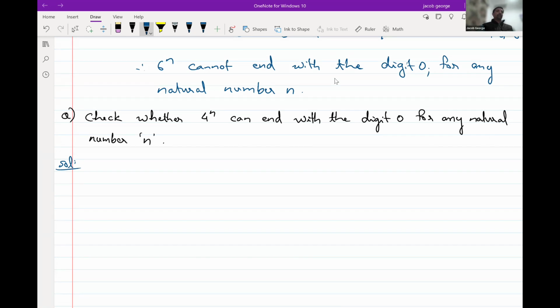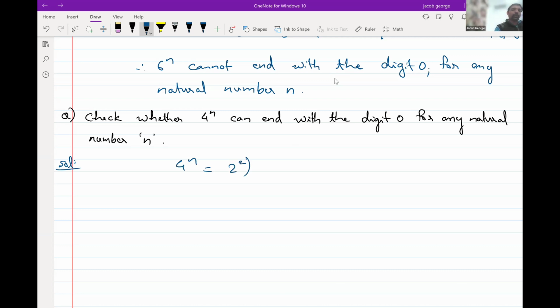The number 4 raised to n, to end with the digit 0, should be divisible by 10. If the number 4 raised to n ends with the digit 0, then it should be divisible by 10. But what is 4 raised to n, children? 4 raised to n is equal to